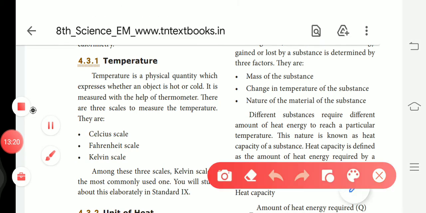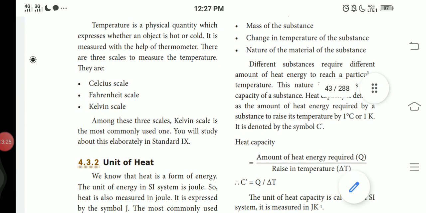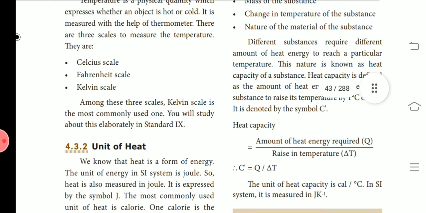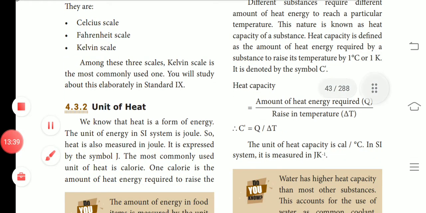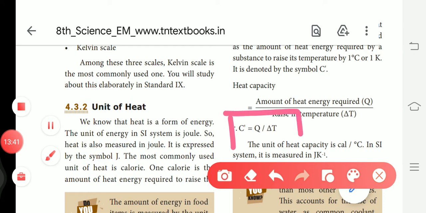So if they ask for the heat capacity definition, you have to write this. Heat capacity is defined as the amount of heat energy required by a substance to raise its temperature by 1 degree Celsius or 1 Kelvin. Heat capacity is denoted as C dash. You need to know the heat capacity formula: C dash equals Q